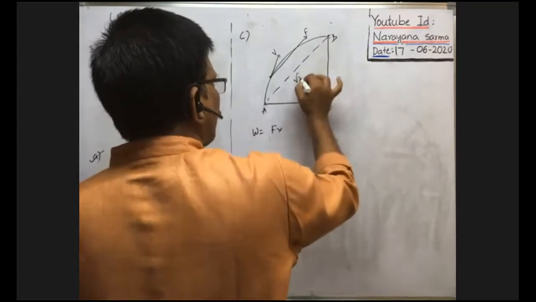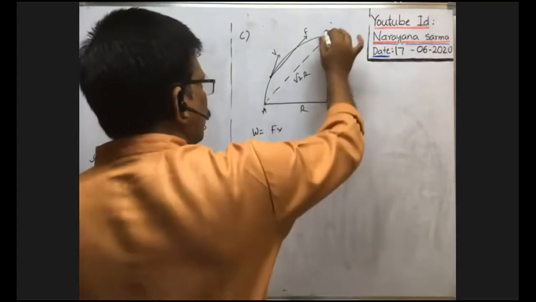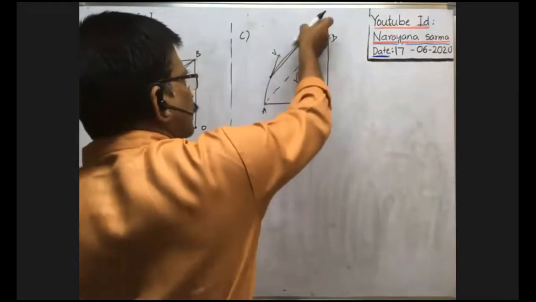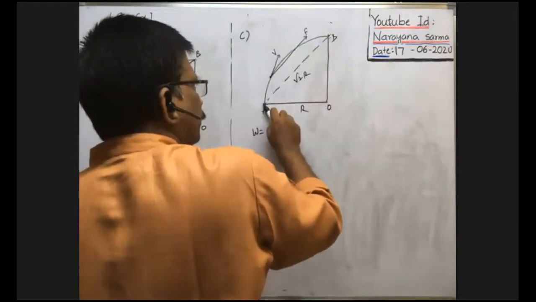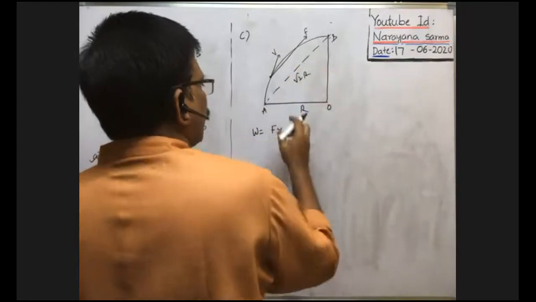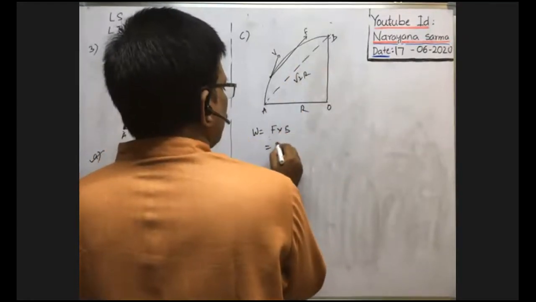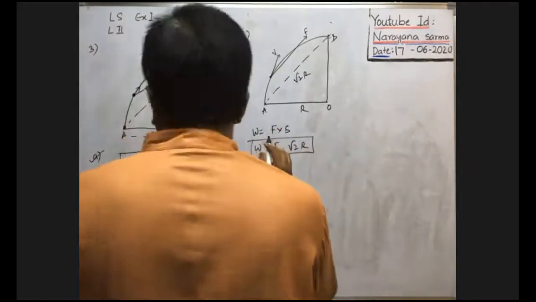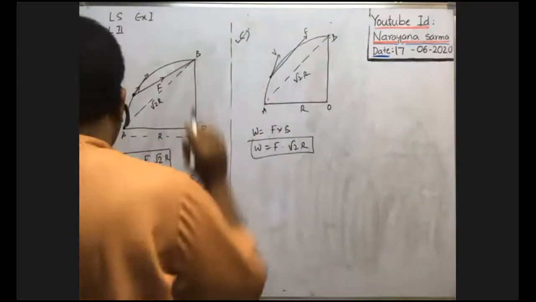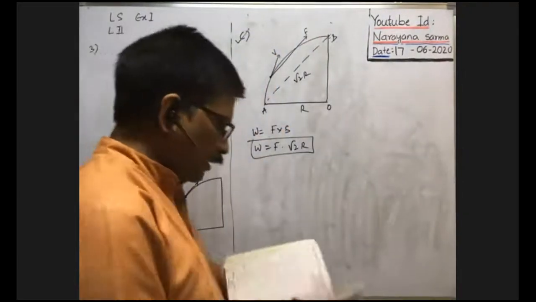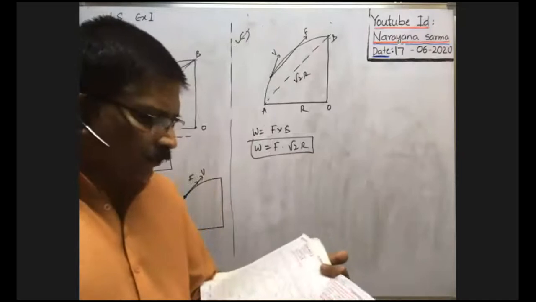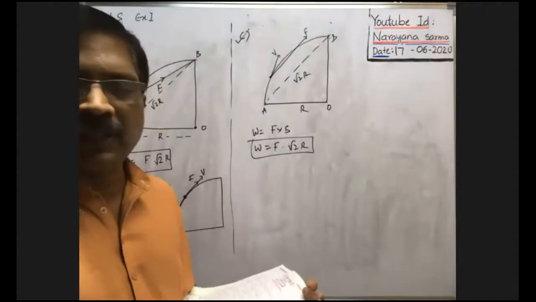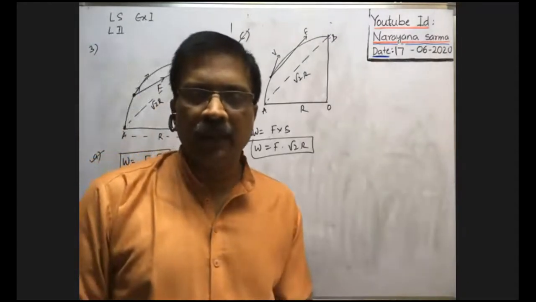That is equal to root 2 R only, no? Because it is R, it is root 2 R. Always the force is along this direction. Along this direction, what is the displacement of the body when it travels from A to B? That is equal to root 2 R. That's why F into displacement is F into root 2 R. So in both cases this is also correct. A, B, C are correct. When C is correct, D is wrong, no? If force F always acts parallel to AB, work done is 0 is given, so that is not correct. Okay.